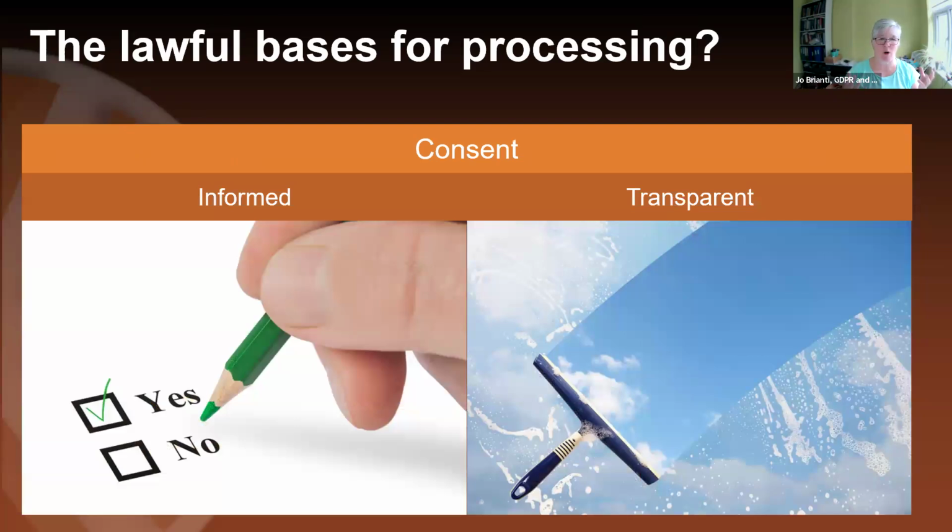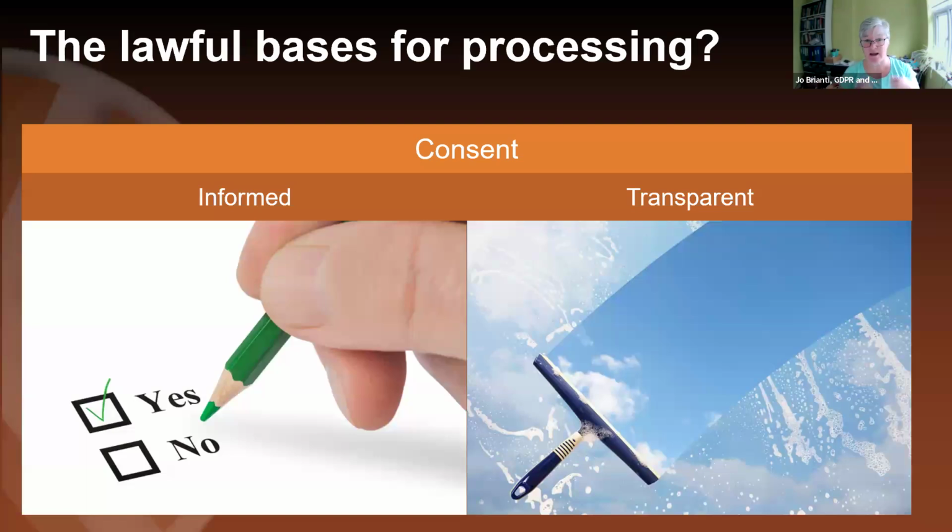And finally, this is the big one, right? Consent. You ask people to consent to sign up to your marketing list. Are you informing them that you are using AI? Who's updated their privacy policy to say that they're using AI? Have any of you got an AI statement that says, this is what AI is, this is what I'm doing with it, this is how we use it in the business, I will be transparent about it, I will use it ethically, I will not use it to process your personal data, all those kinds of things.